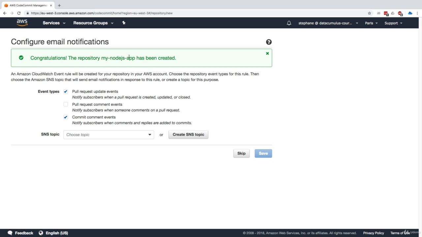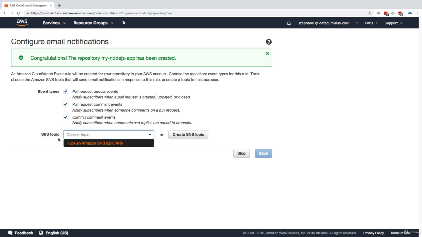Remember, notifications are very important in CodeCommit, at least for the exam. Here we are offered the idea of creating an Amazon CloudWatch event role. This role will be triggered based on these event types, and at the very end it will trigger an SNS notification in a topic. So to add on to the confusion, let's look at it. The event types are anytime there's a pull request update event, maybe a pull request comment event, or a commit comment event. As you can see, this is around comments and pull requests. Then, based on these events, we can trigger a notification into an SNS topic.